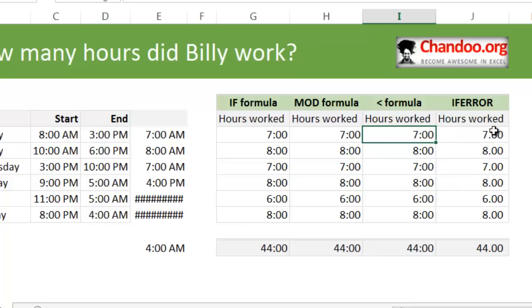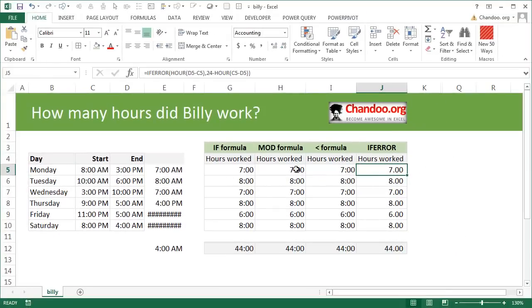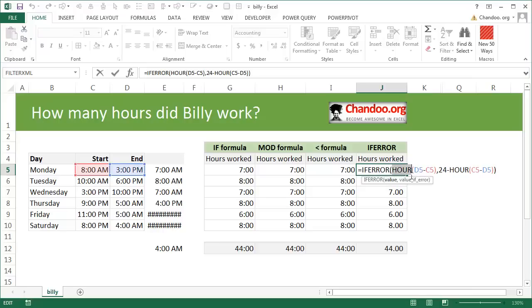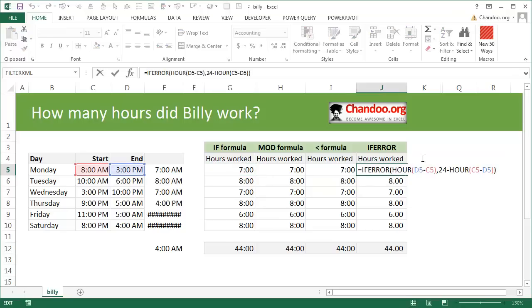Okay, the other formula that I have come across is using the if error formula, because when you have a negative time, all the time calculations like how many hours are there would be returning an error. So we are saying if error, hour of D5 minus C5, how many hours that is. If that formula is an error, that means D5 minus C5 is a negative number. In that case, what we want is 24 minus hour of C5 minus D5. So essentially this is like the if formula part, but here the key difference is